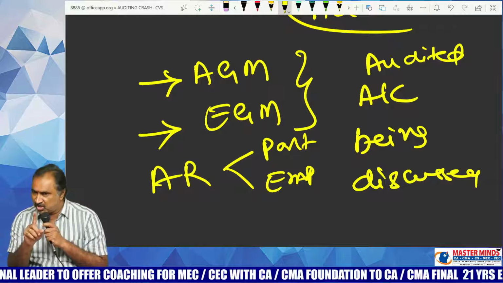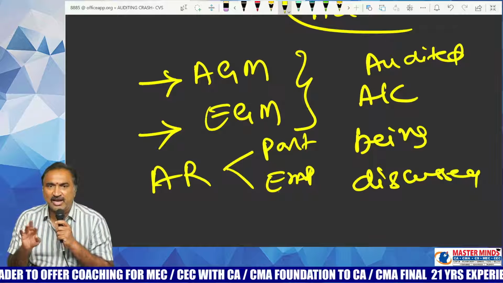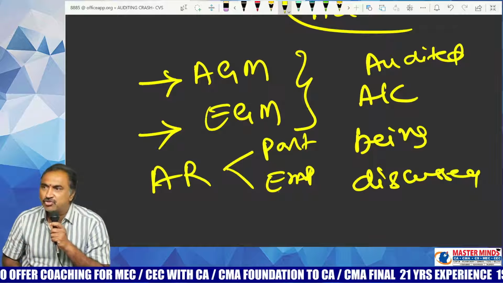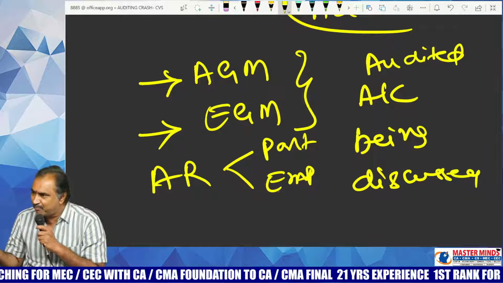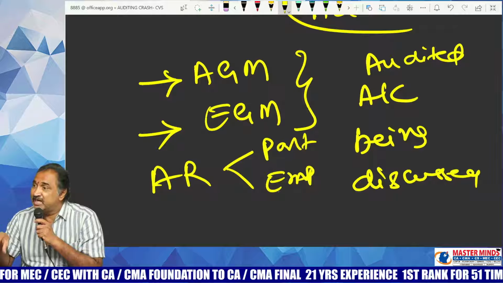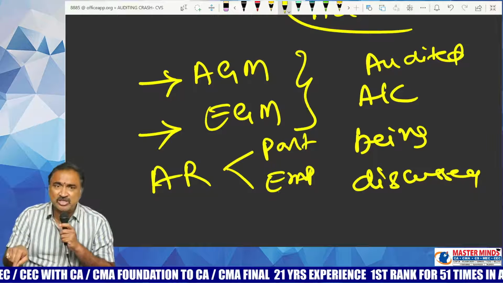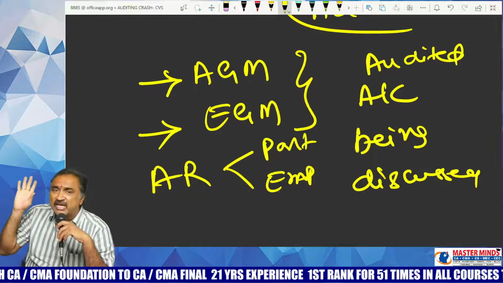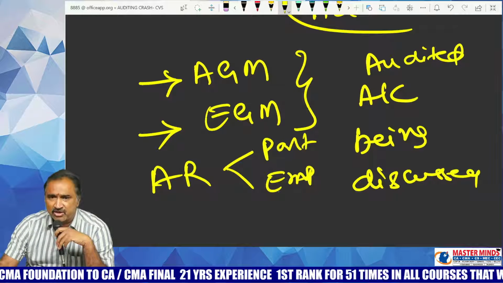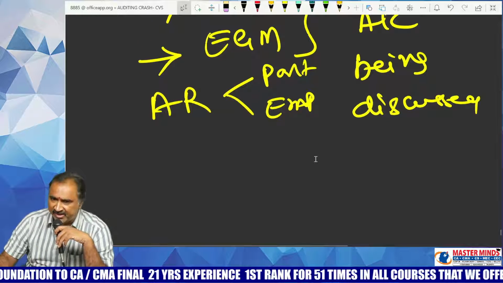That means only chartered accountants can attend either annual general meeting or extraordinary general meeting. Only chartered accountants, either the auditor of the company or authorized representative of the auditor. That authorized representative of the auditor should also be a chartered accountant eligible to be appointed as the auditor of the company under section 141 of the Companies Act.